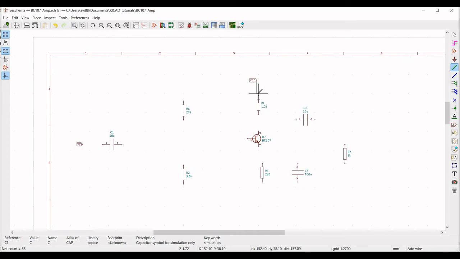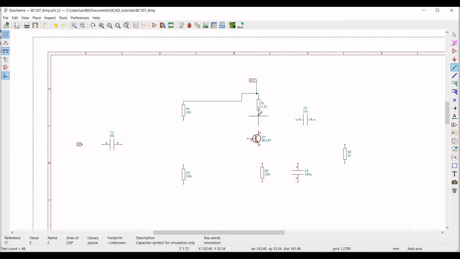So click on wire and place the wire from the global pin VCC to the load resistor RL. Next, connect the resistor to the global label VCC.